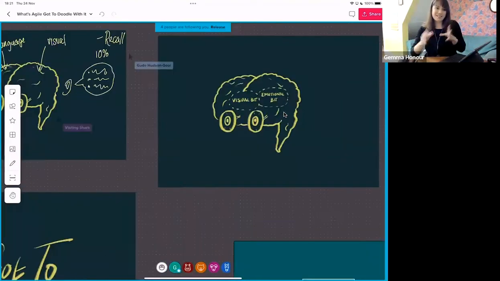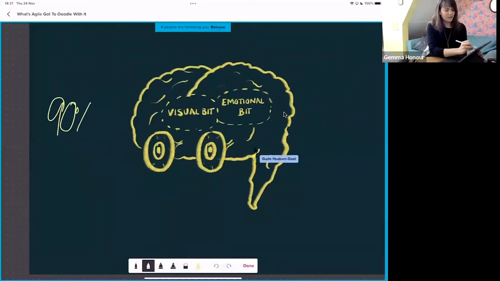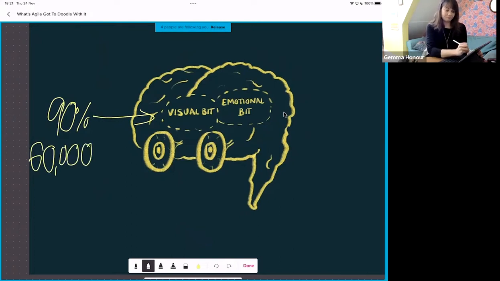We know that 90% of the information that goes into our brain is visual, and we're able to process that information 60,000 times faster than if it was a word or auditory information. We also know that when this bit here lights up, and this is a very scientific diagram, when we get the visual bit